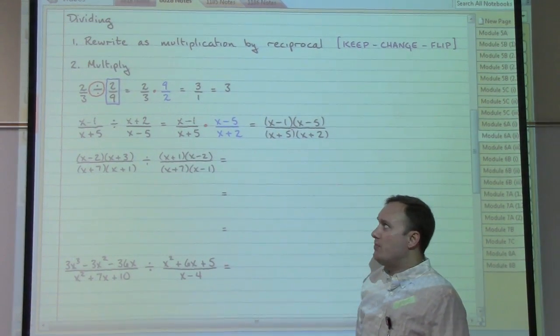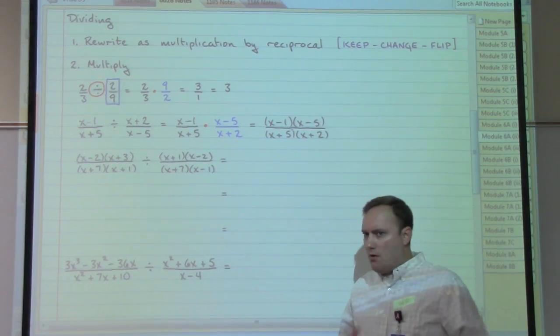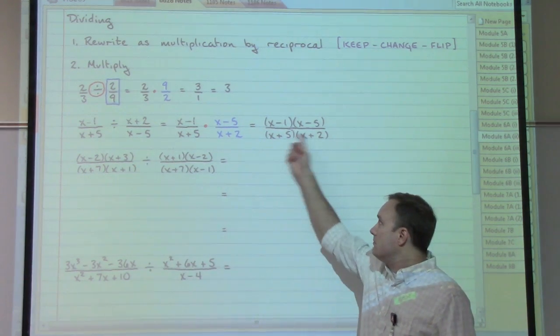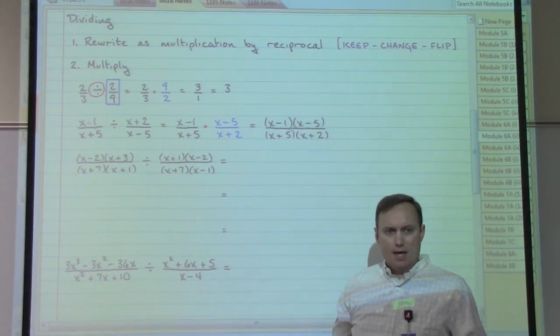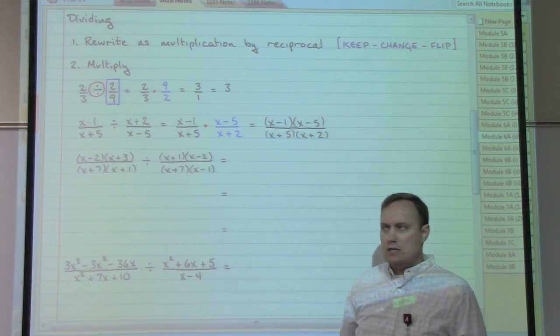Then we've got a multiplication problem, so we can say for our second step that we just simply multiply, which we now understand to mean that we're going to multiply straight across,